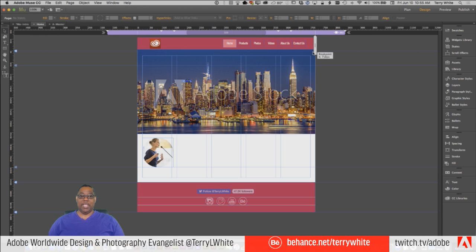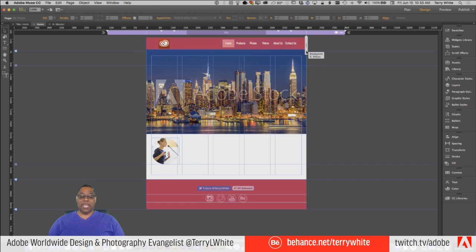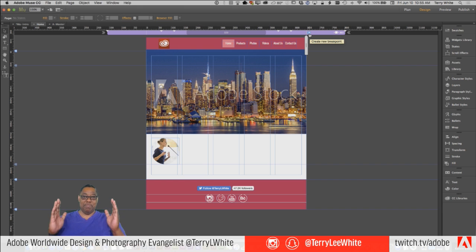I'm okay with that. And let's say right about here, it's getting a little small for my taste. Then what I could do is add a breakpoint, because this is where my design breaks, in my opinion. I can add that breakpoint, and then I can click on that graphic and now do whatever I want.